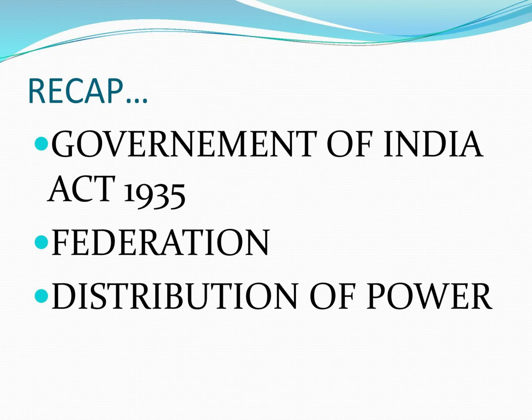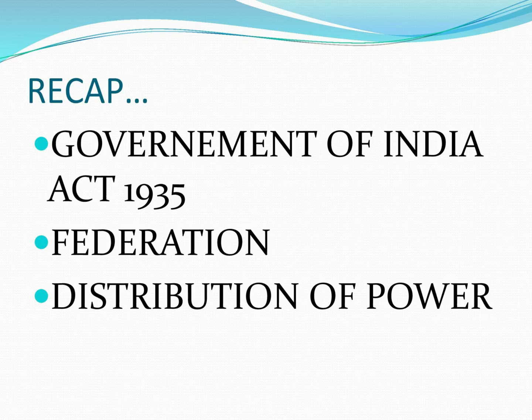Then the second one, the provincial list, consisted of 54 subjects like police, education, etc., over which the provincial legislature had jurisdiction. It means that all these fall under the control of the provinces. Only the provincial government alone has the power to modify or make alterations relating to all these subjects. Jurisdiction is vested in the hands of the provinces.